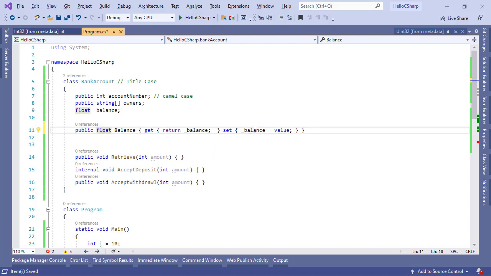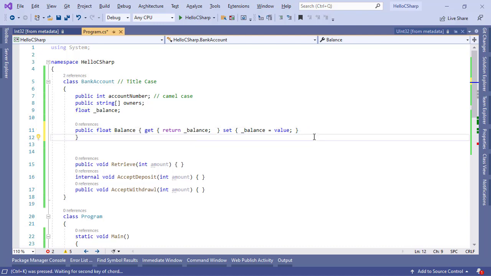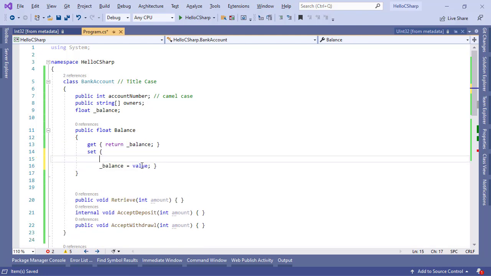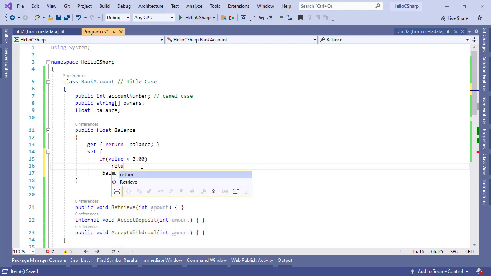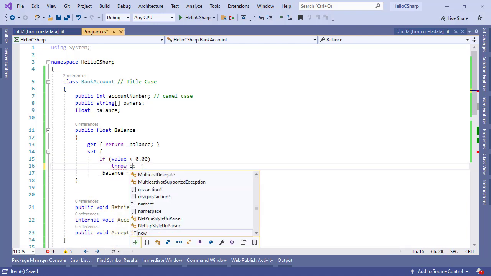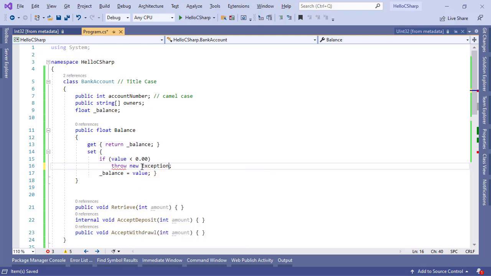And this is how you can use getter and setter. This is not it. If you want to have some form of restrictions that value should not be 0, which was the constraint, you can put that constraint over here. If value is less than 0, because it is float, I'll have to probably put 0.0, and I'm going to put another statement called throw new exception. An exception is a condition that you cannot handle at the moment, like balance cannot be less than 0,